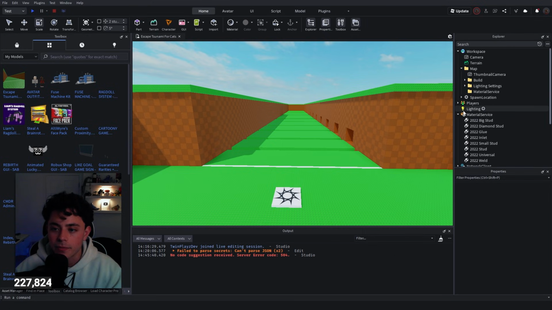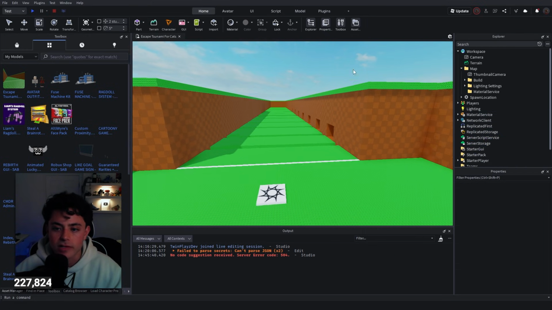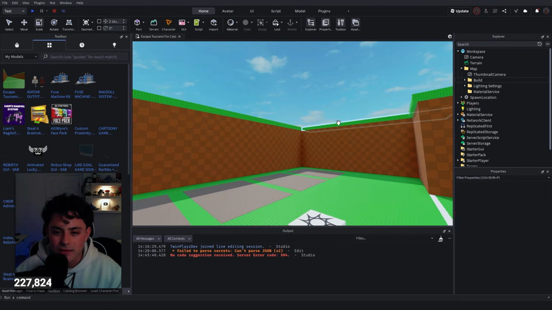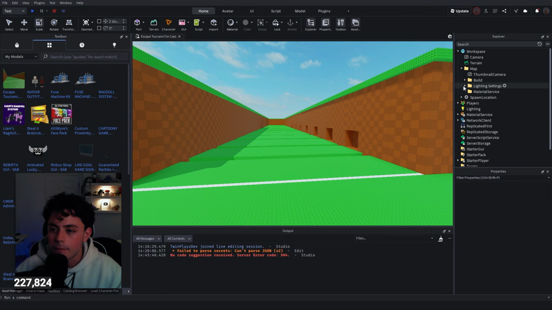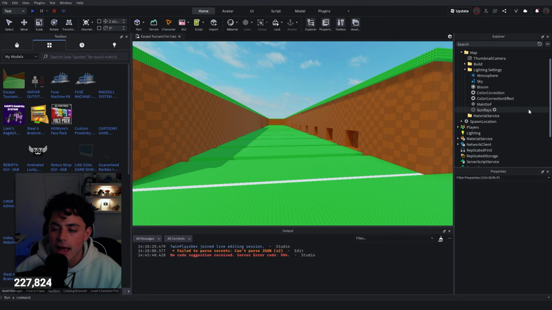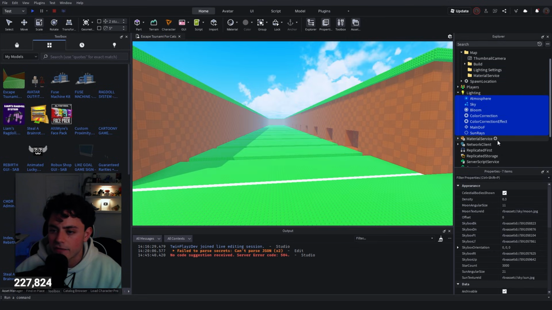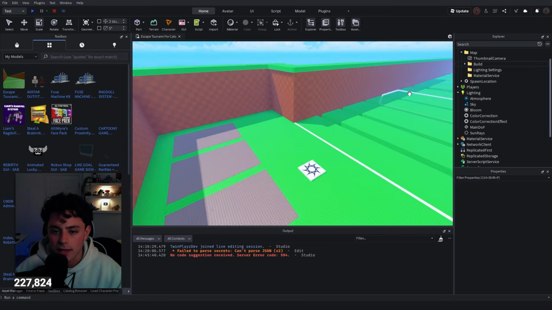And then material service is just the materials. I got this from the toolbox as well, so very simple to make it look good. And then I added some textures and stuff and kind of just tried to replicate it a bit. And then also we have lighting settings, so there's more lighting settings. So you can just go into lighting. And this is also another thing I found. And you just put it right there, and you should be able to just kind of get this better